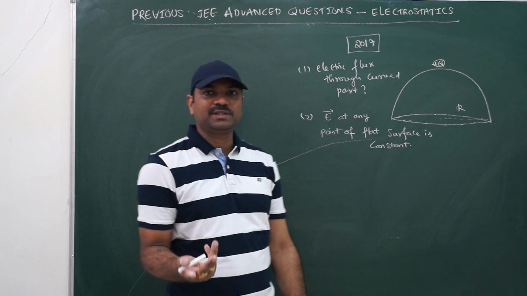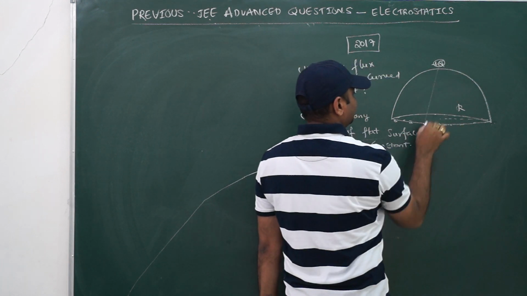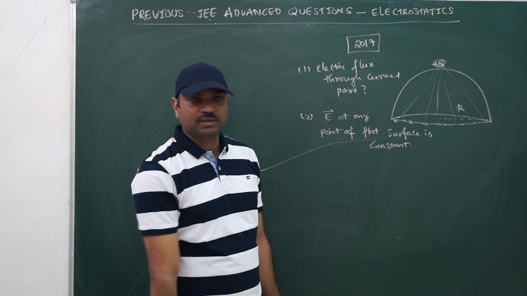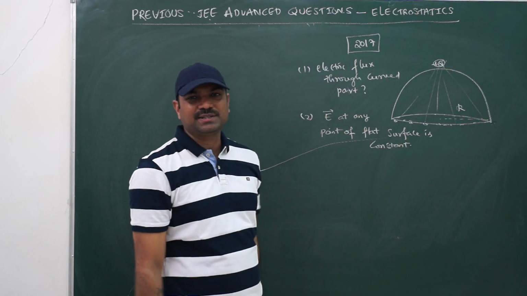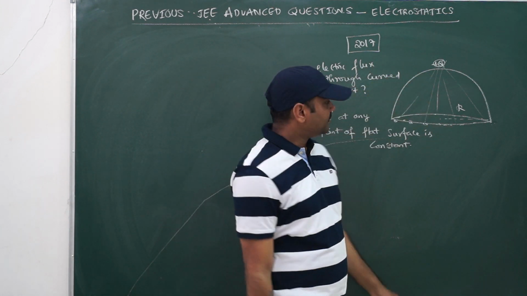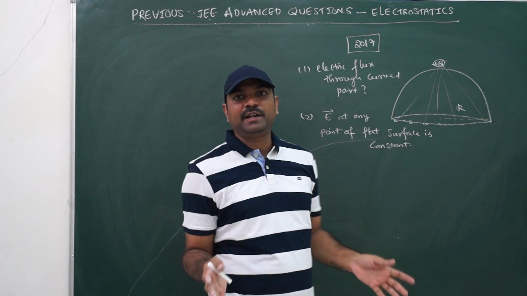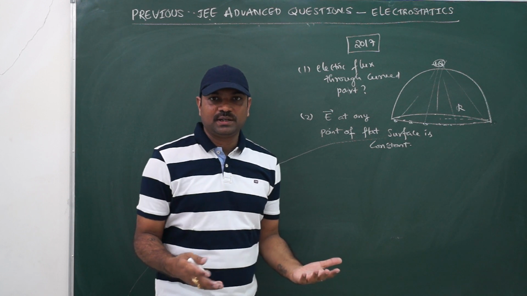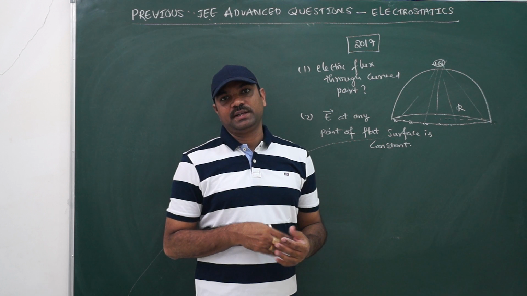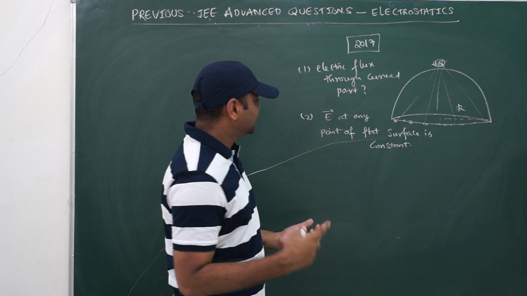So the fourth option is very easy to identify. Every point on the circumference will be equipotential because the distance from the charge to every point is the same. So that will be equipotential. That is easy to identify. But what is the electric flux through the curved part? To find the electric flux through the curved part, actually we need to find the field at different points. So that is actually a tedious job. So how to solve this flux through the curved part? For that there is one formula to remember again.